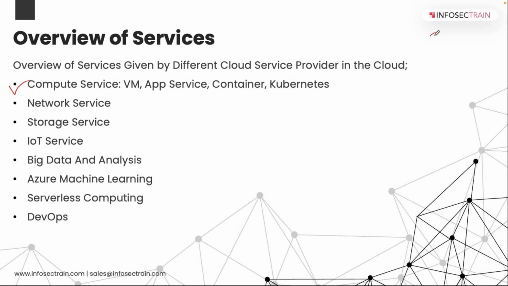There is virtual machine, like in AWS, where we will be launching an EC2 instance. Then there are app services, like web app service in Azure. Then there are containers and Kubernetes. And I know Lakshmi Narayan is working with containers and Kubernetes more. This is something that is happening right now. So we have the container which is using processing power. Kubernetes is more of an orchestrator, but we'll be putting it in that category, as it is using processing power and handling things.